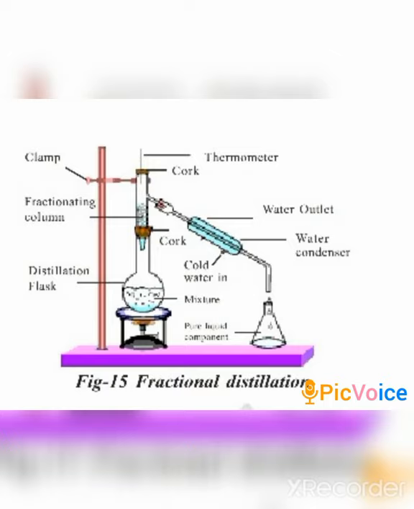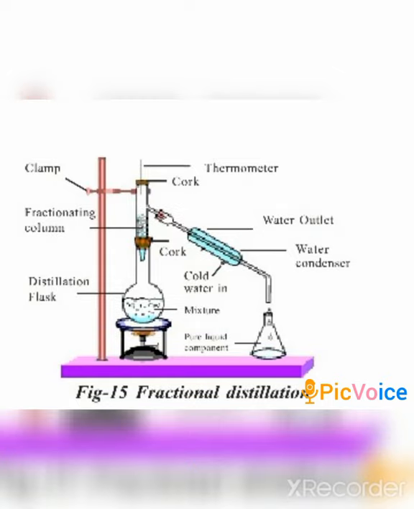To do this method of fractional distillation, generally the apparatus is similar to that of simple distillation. You can look at the apparatus. It is similar to simple distillation, but there is just one change. A simple fractional column in the tube is being kept. You can find that above the distillation flask there is a fractional column.